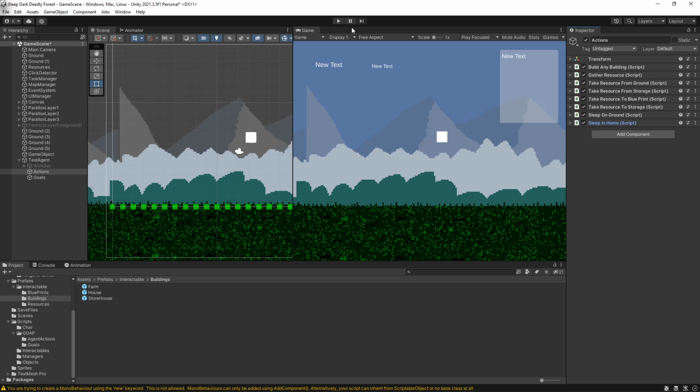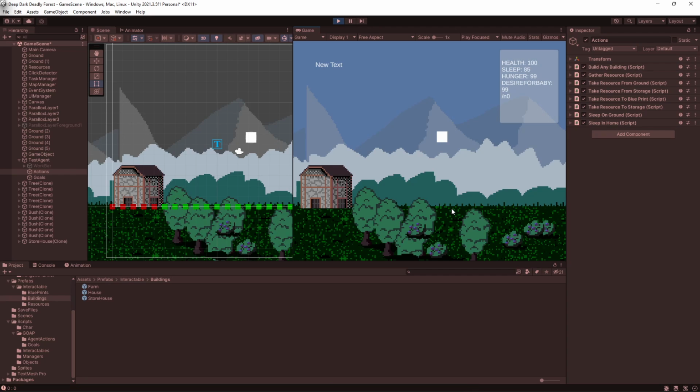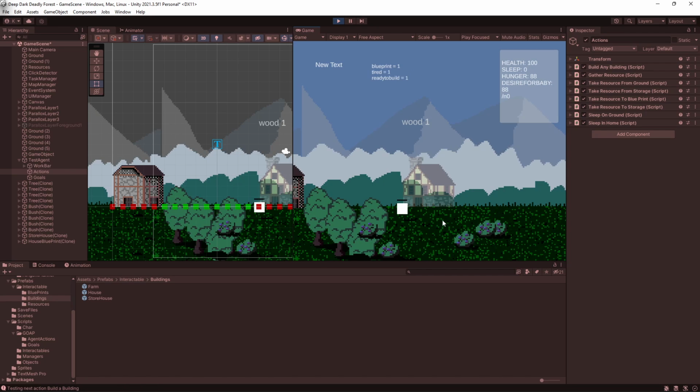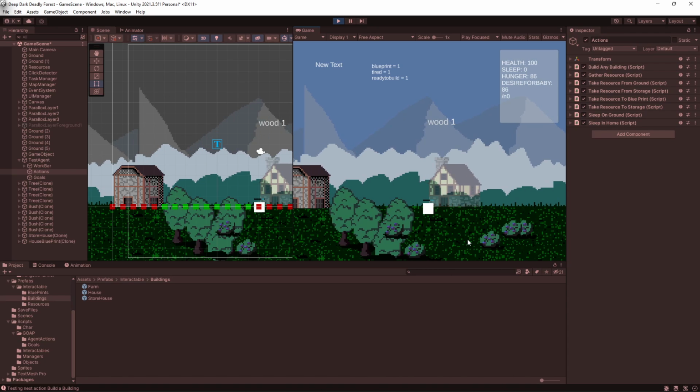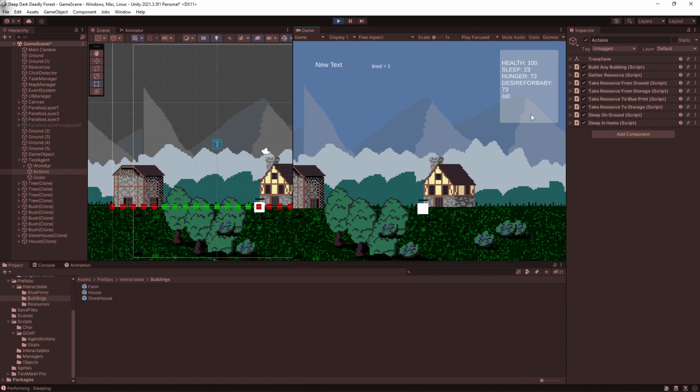You think this is going to work? All right, we got to test it out. So let's play it. Click on the build. So we built a house. Let's go chop down a tree. It's probably going to fall asleep. Okay, he's building it. That was kind of cool. He didn't take it to the shed there. He's building it. All right, he's sleeping. I can't really tell if he's sleeping in his home or if he's sleeping in his